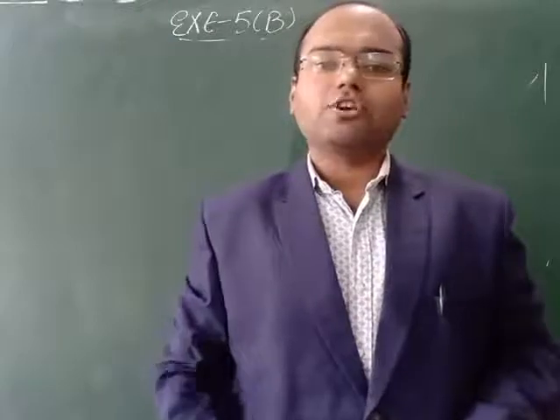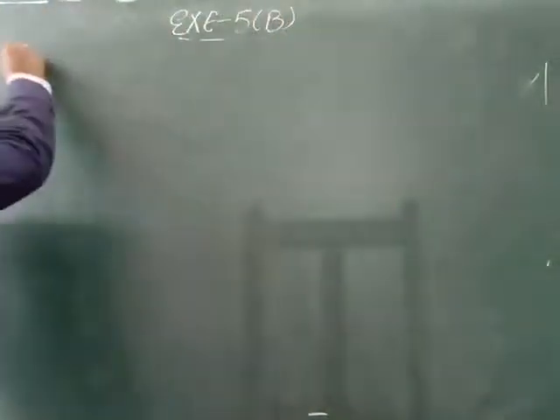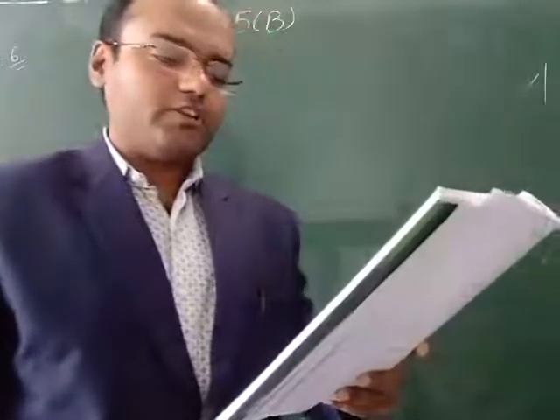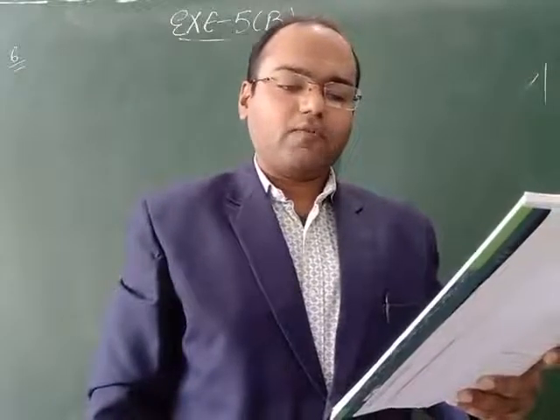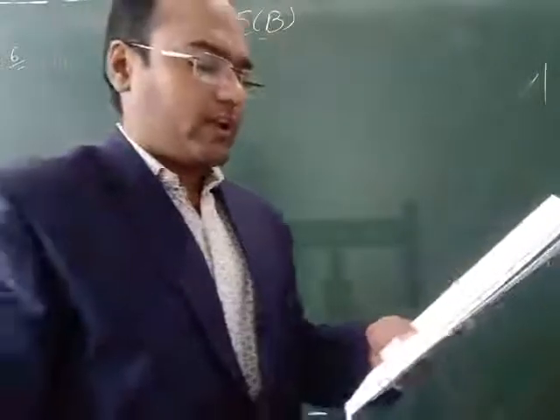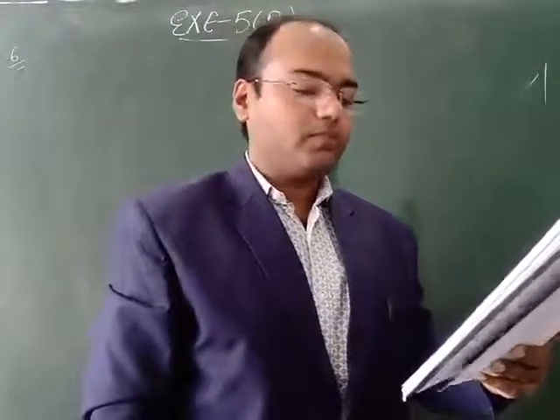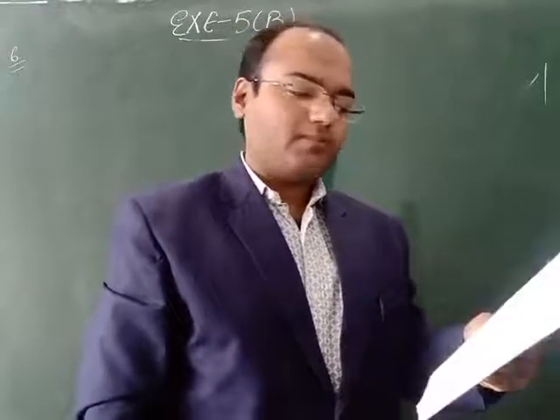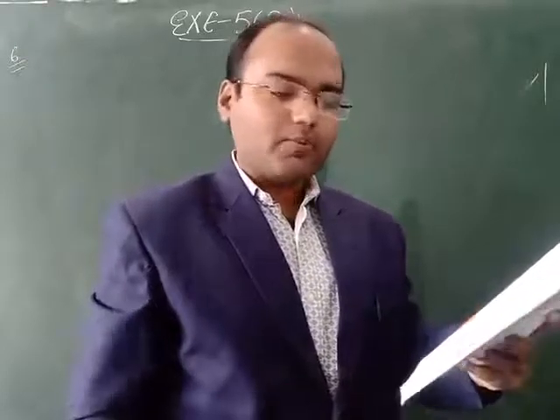Now all of you see question number 6. In a 2-digit number, the digit at tens place is 4 times the digit at unit place. So here a hint is given. Hint is for tens place digit. What is given in the question? The digit in the tens place is 4 times. So tens place digit we know, it is given in the question, it is 4 times. So unit place digit is not given.